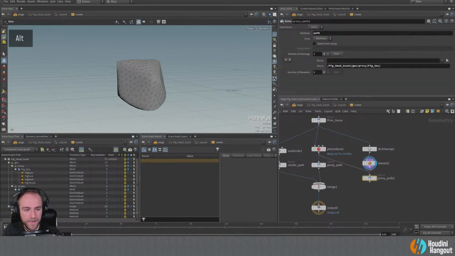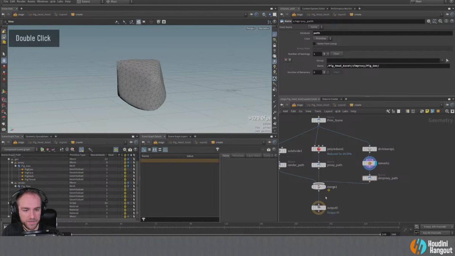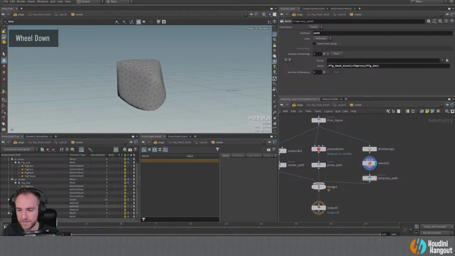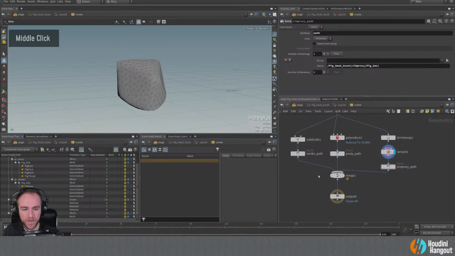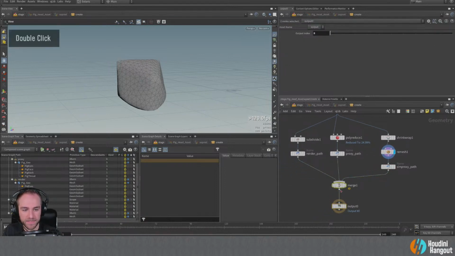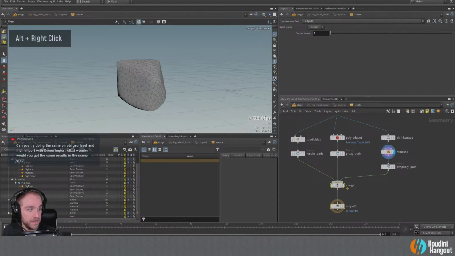And then instead of that, this is going to be sim proxy path. And this actually wouldn't sit under geo. It would sit at sim proxy like this. And we'll merge that in here as well. And so that is more or less the way that this would work. And we also don't have the groups in that, but that's fine because for the sim proxy, that's